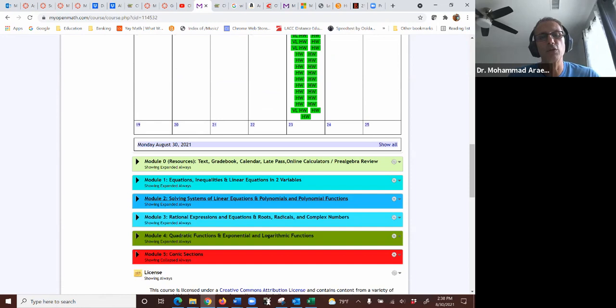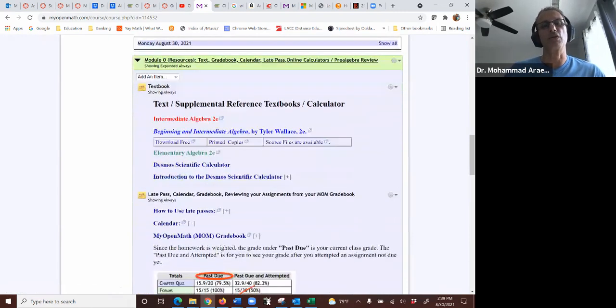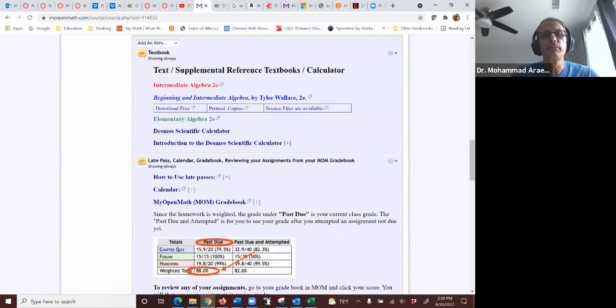We have module 1, 2, 3, 4, 5. I also have module 0, which is resources. So I want to explain what you find under module 0. So pay attention to that. First,